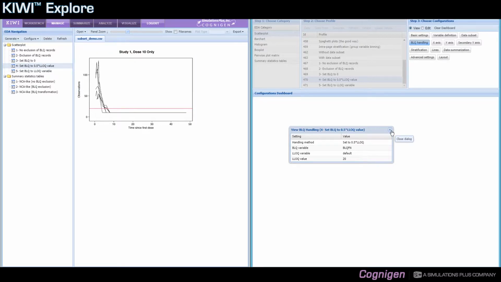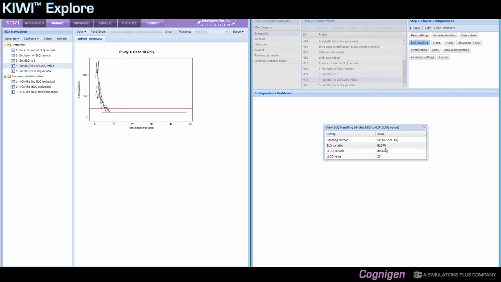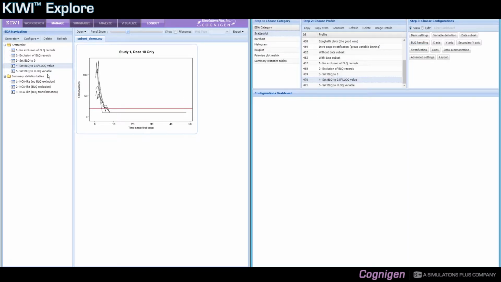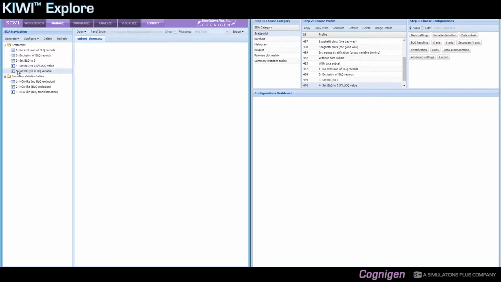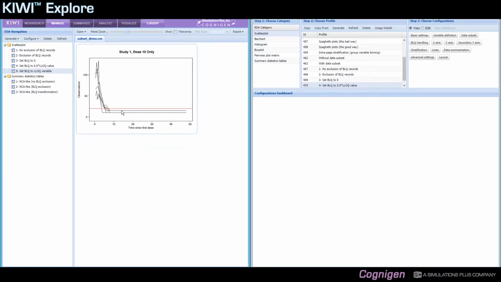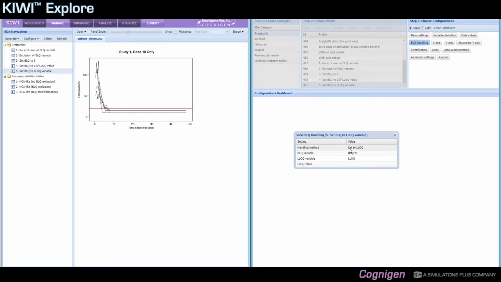The alternative option is to use a variable storing the information of the LLOQ for the assay that was used for each record. This is what I've done for this last profile. I've used a variable to define the LLOQ information. So I set my handling method field to set to LLOQ. I kept my BLQ variable to BLQFN, and I selected a variable, in this case the LLOQ variable, for